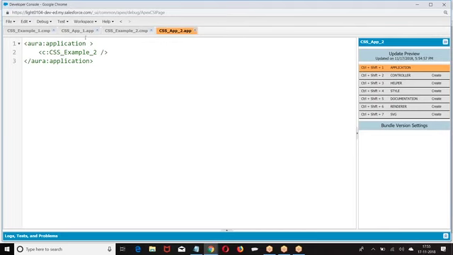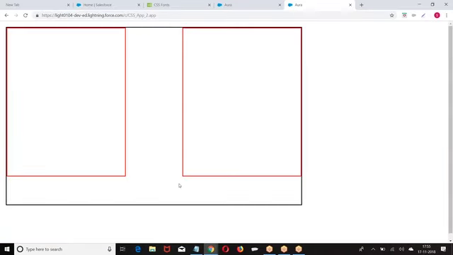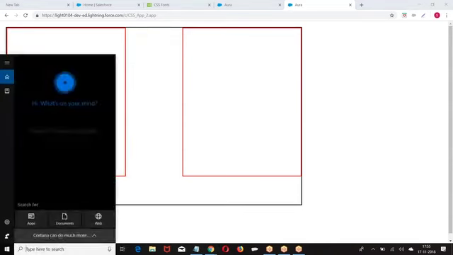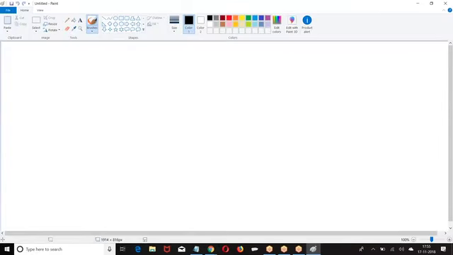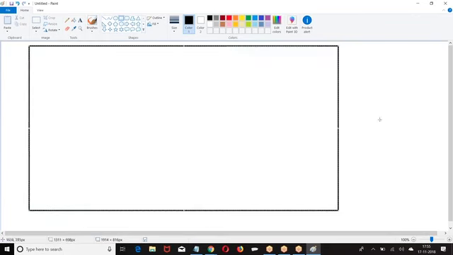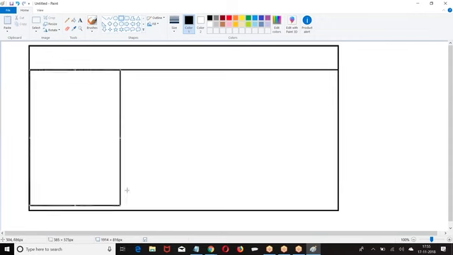Let us go ahead with another example. Are you getting my point? My intention was to create a structure. Let us say I have an intention of creating the structure like this. My intention was to create a page. I want to create a template in this format.